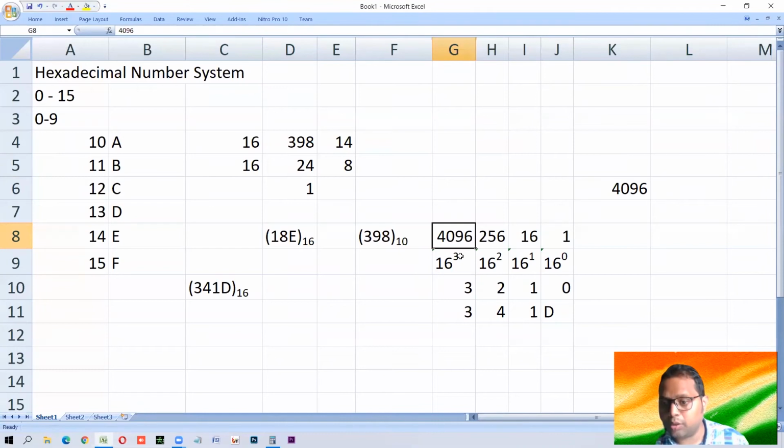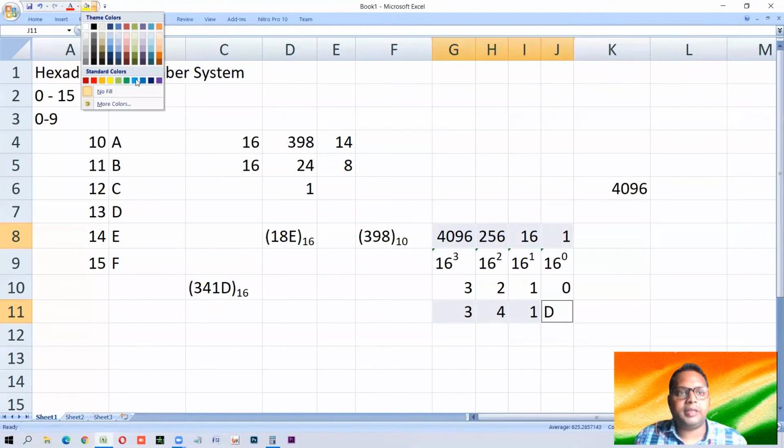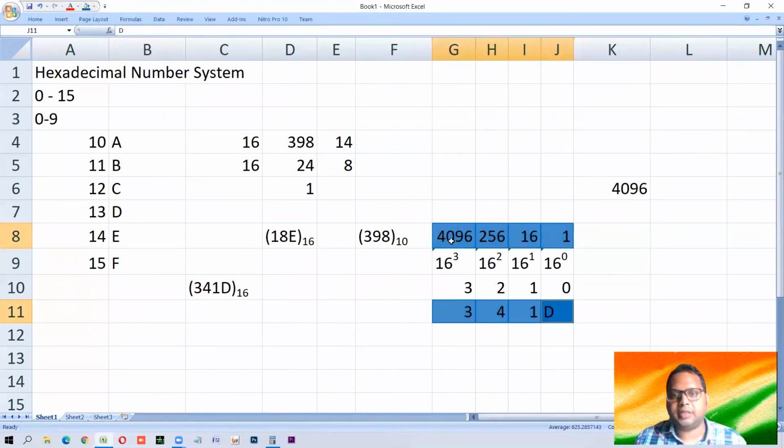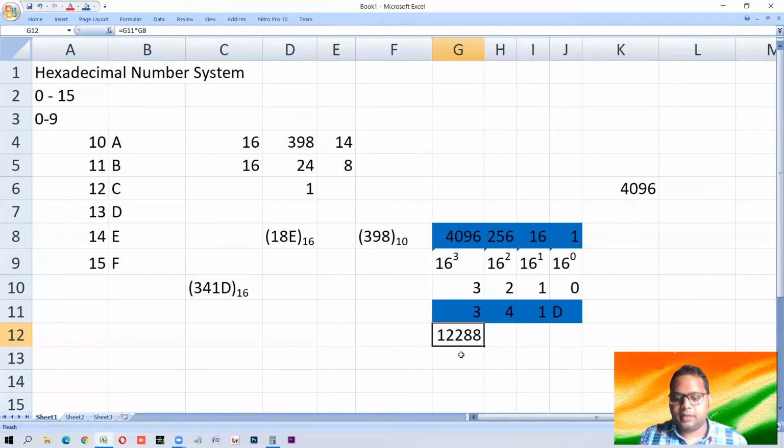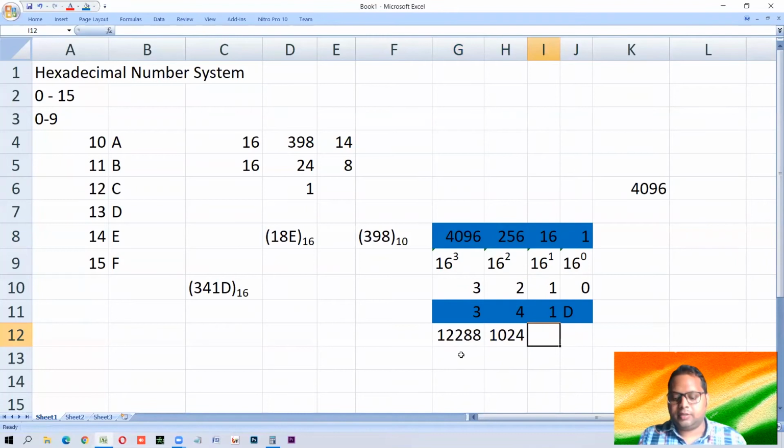Now as per the rule, we have to multiply these numbers, this and this, this and this. Which numbers do we have to multiply? This into this. Again, column width. This into this. Look at the formula. This into this, and D. You cannot write D, D cannot be multiplied now.